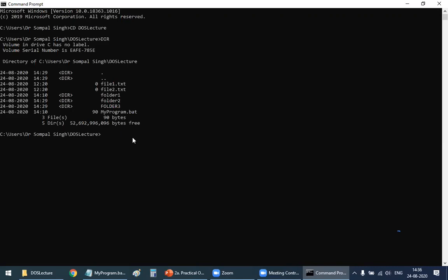So there are these 3 directories and these files. Now there are some general commands. One is, if my screen is full of these commands and results and I want to clear my screen, I'll type CLS. It will clear my screen. So CLS is a general command. I want to know what is today's date. So I'll type date, and this will return me today's date. So today is 24th August 2020. And now there is a prompt to enter a new date. DOS is asking me if I want to change the date.